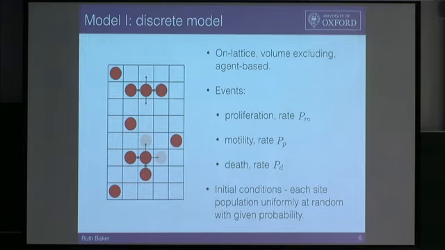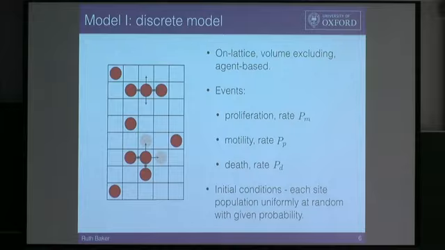I put down a lattice over the system where the lattice sites are more or less on the same size as my biological cells. I'm going to try to refer to these guys as agents, so we don't get confused. It's going to be volume excluding, in the sense that I can have at most one agent per lattice site. And I'm going to let my cells move around, proliferate, and potentially die